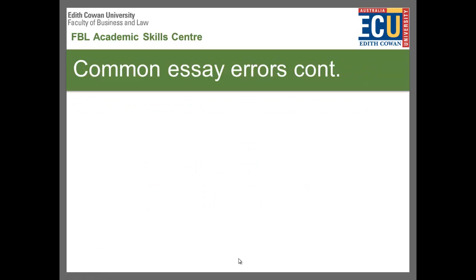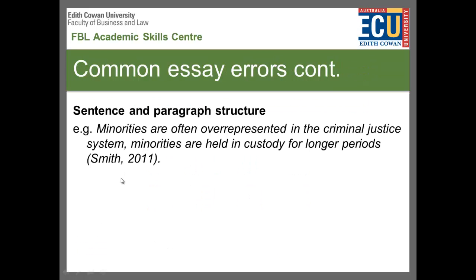Another common error was sentence and paragraph structure. For example, students often used run-on sentences like this one here. Minorities are often overrepresented in the criminal justice system. Minorities are held in custody for longer periods. So we've got this repetition of minorities, and there's sort of a comma here where really there are two separate